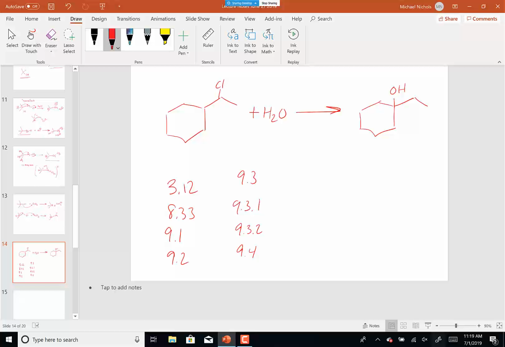Then 9.5 and on, we will talk about tomorrow for the rest of E1. And then we'll jump into E2. And then we're not going to get to alkynes unless I went hyperspeed. We're going to go through and react alkenes at the end of this week and then next week. I didn't. So after reading your email about what was going to be on the exam, I did the